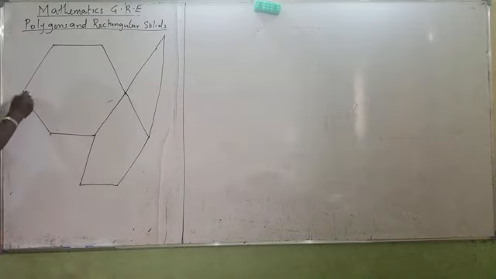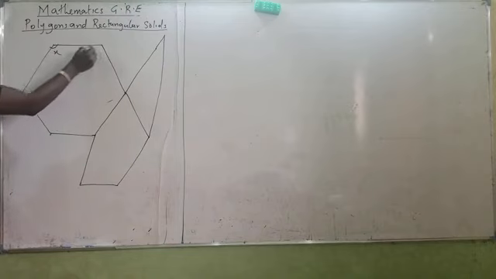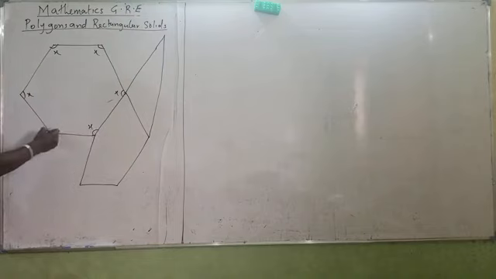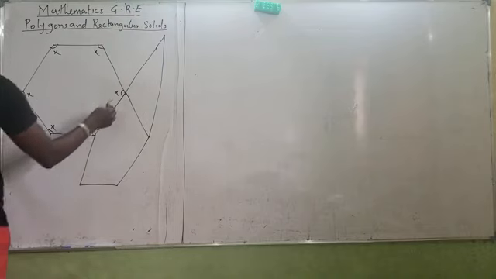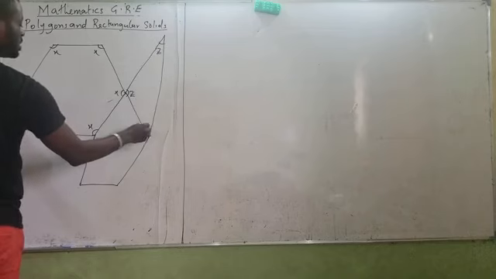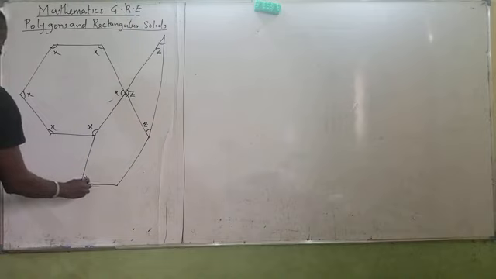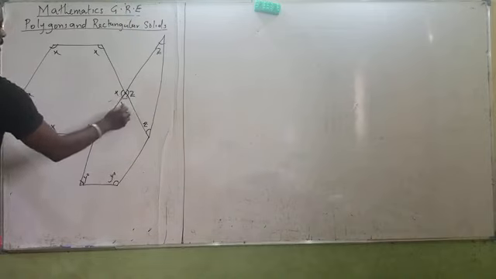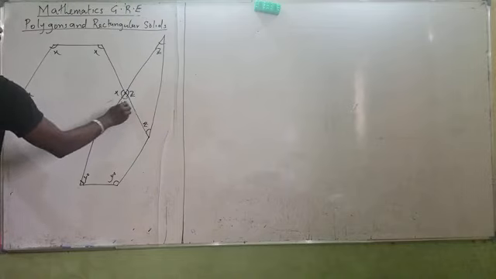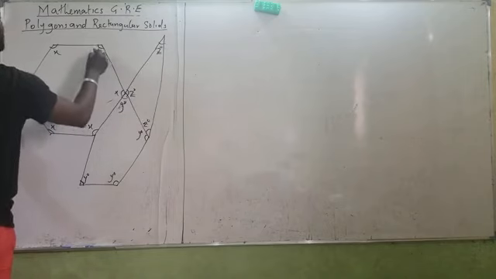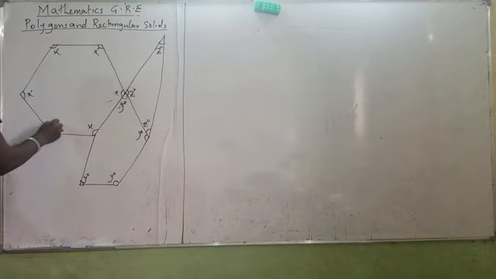Now I have this one as x, x, x, x, x, and x, and I have this one as z, z, and z. I have this one as y, y, y degree and y degree. All of them are in degrees because they are angles. Now we are asked to find